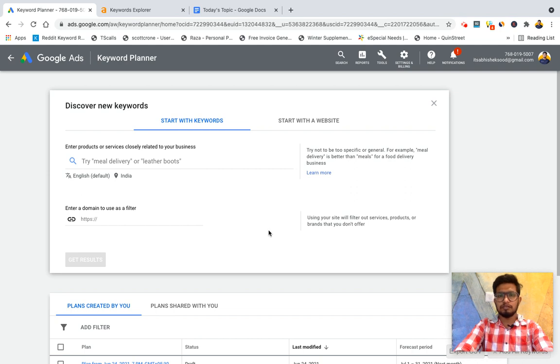For today's example, we'll continue with that affiliate keyword research, and as last time we did for golf balls, I'll continue with that again.